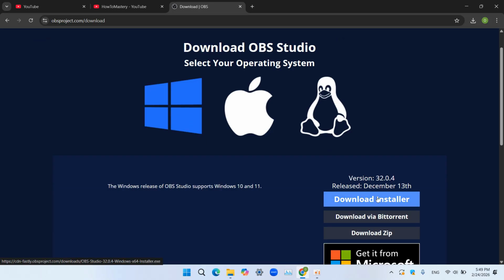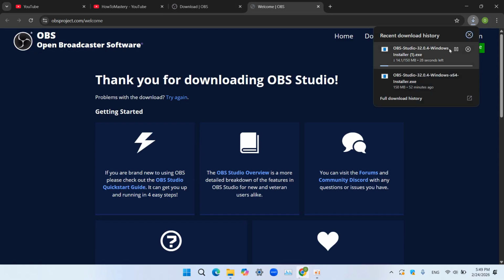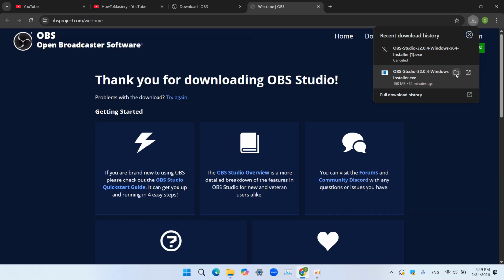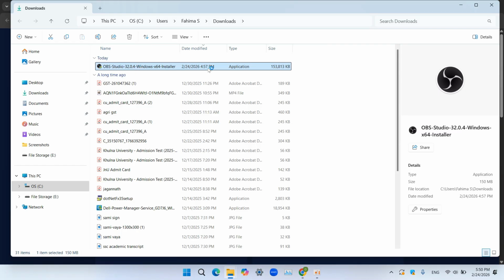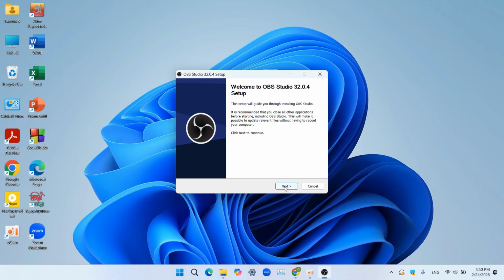Click on this download installer and it will start to download on your PC. So after finishing the download, just go to the folder and double click to open the installer. And here is the installer. Just click next